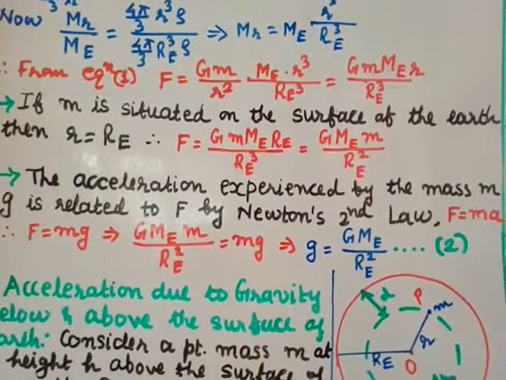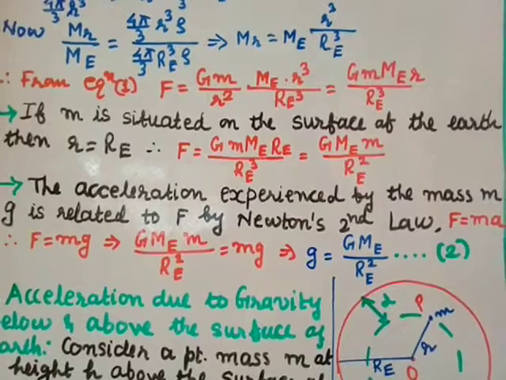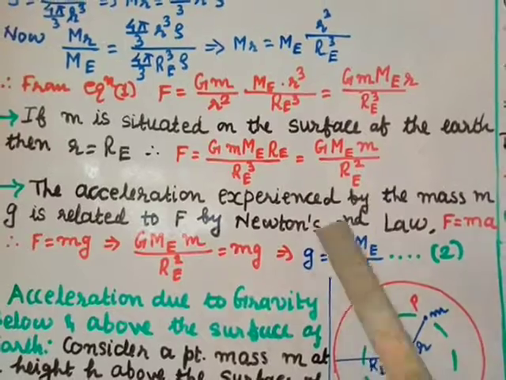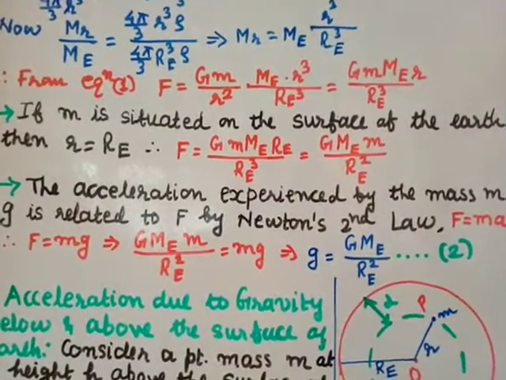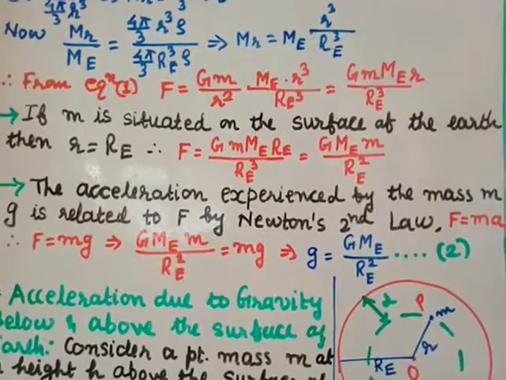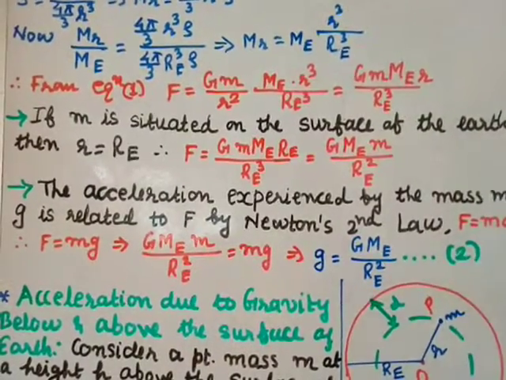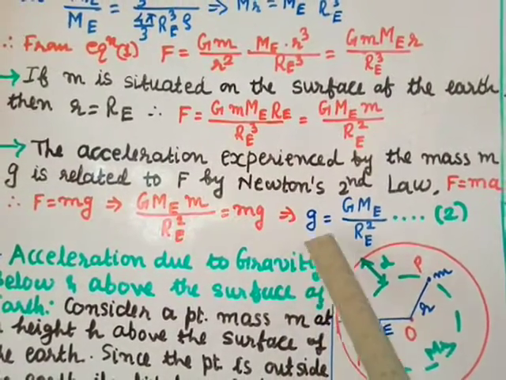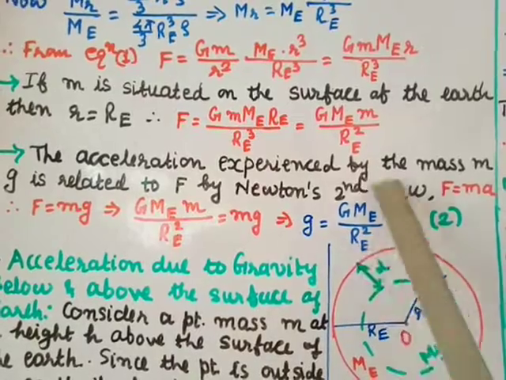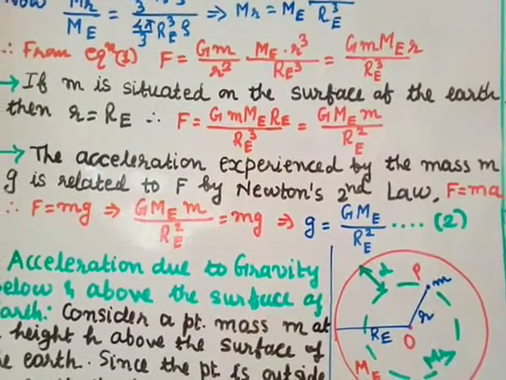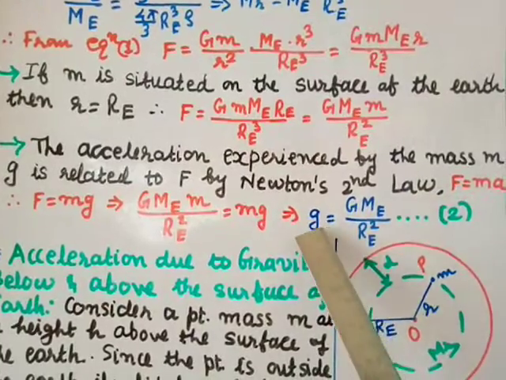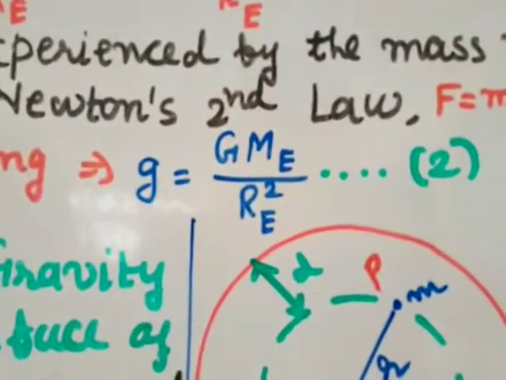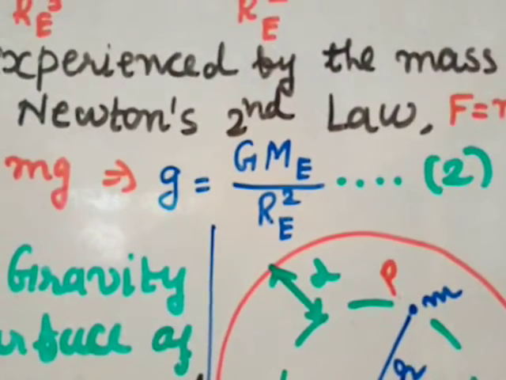Using this, Cavendish found that the value of g is taken to be 9.8, and Re was known. So it is said that Cavendish weighed the earth from this equation. So we have found the acceleration due to gravity of the earth, g equal to capital G Me divided by Re squared. Here the mass of the object is not mentioned, so this g is independent of the mass of the object. It depends only on the gravitational constant, the mass of the earth, and the radius of the earth.